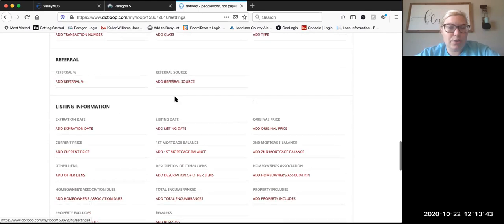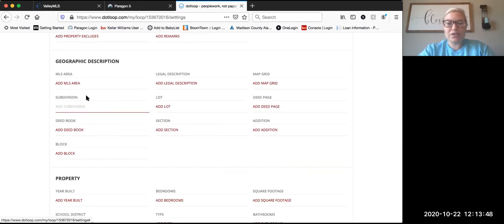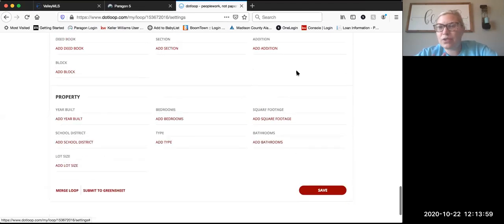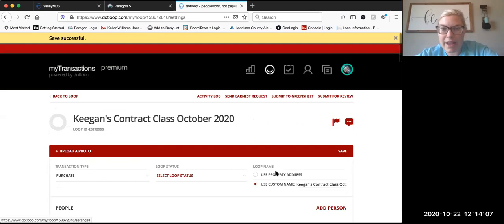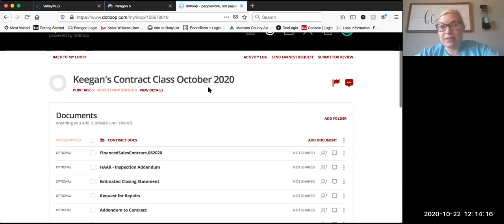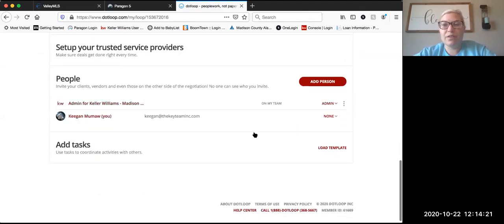And then you scroll down. This is listing information. Don't put any of that in. You can scroll down and hit subdivision, type in that information. If you know the lot and block, you can type in that information. And then at the very bottom of the page, once you type the information in that you know, you can hit save. Now, this is not technically important on writing an offer. However, I'm going to show you what happens whenever we have those details in here. Now, I cannot put the buyer in here